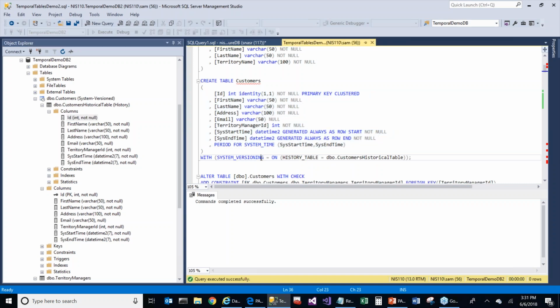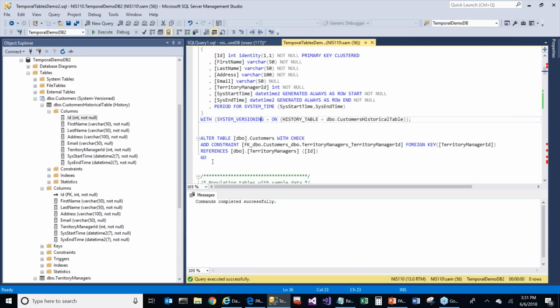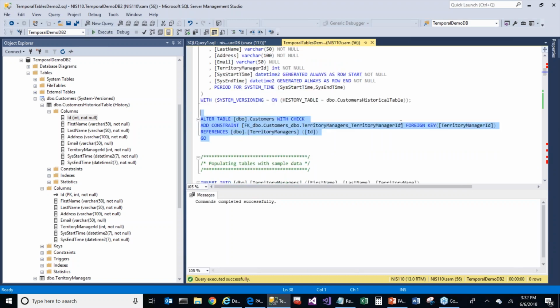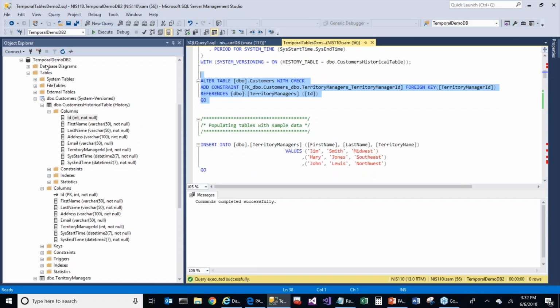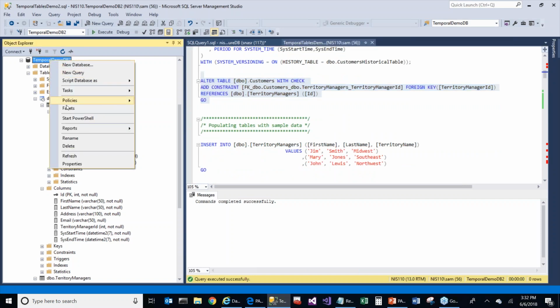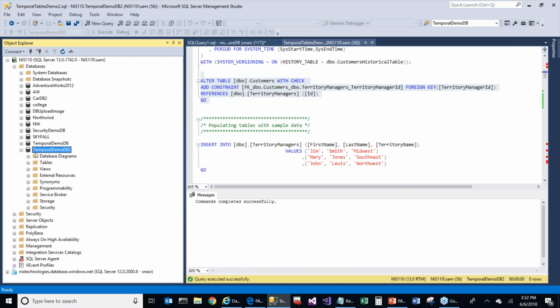Continuing on, what I'm going to be doing with my customers table is creating a foreign key, tying it to the territory managers. So I will alter the table customers, and notice the change here will only be implemented on the customers table as opposed to the customers historical table. So I'll go ahead and execute that statement. And now, again, when we do a refresh,